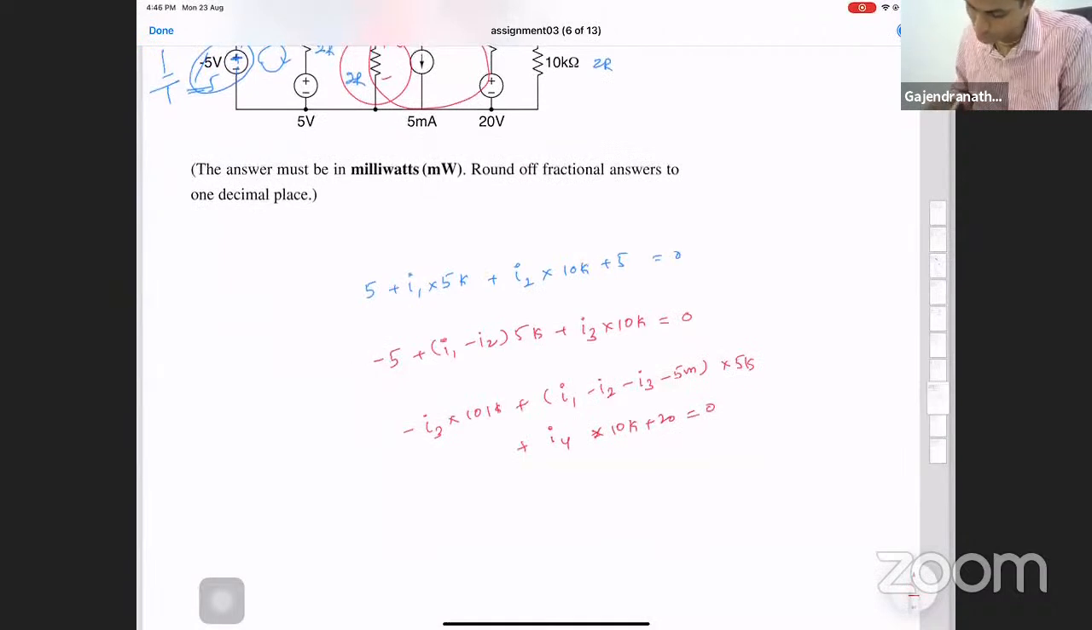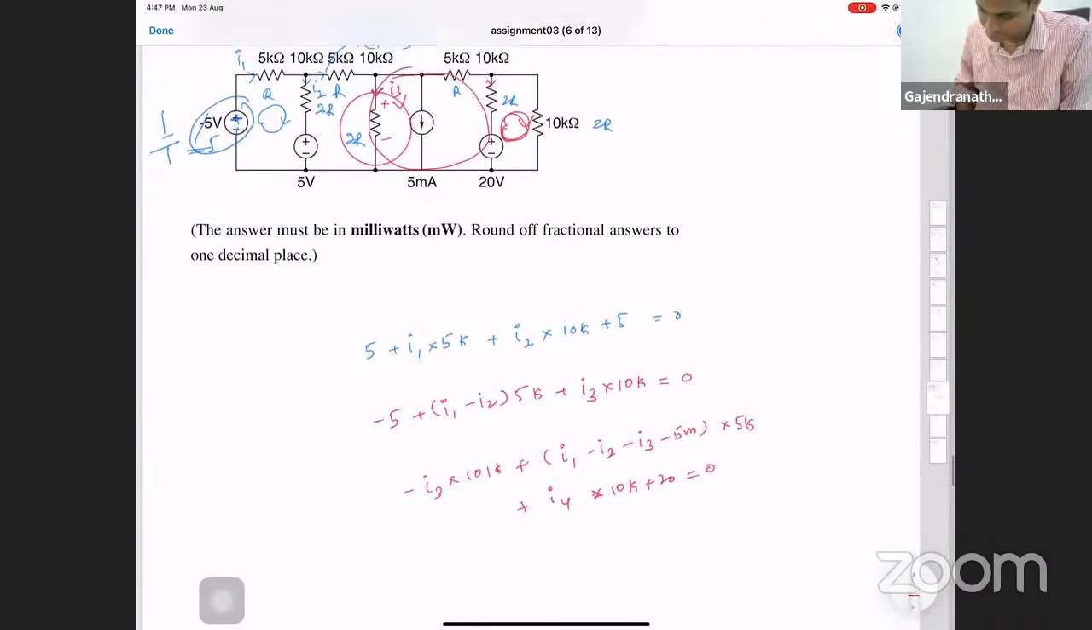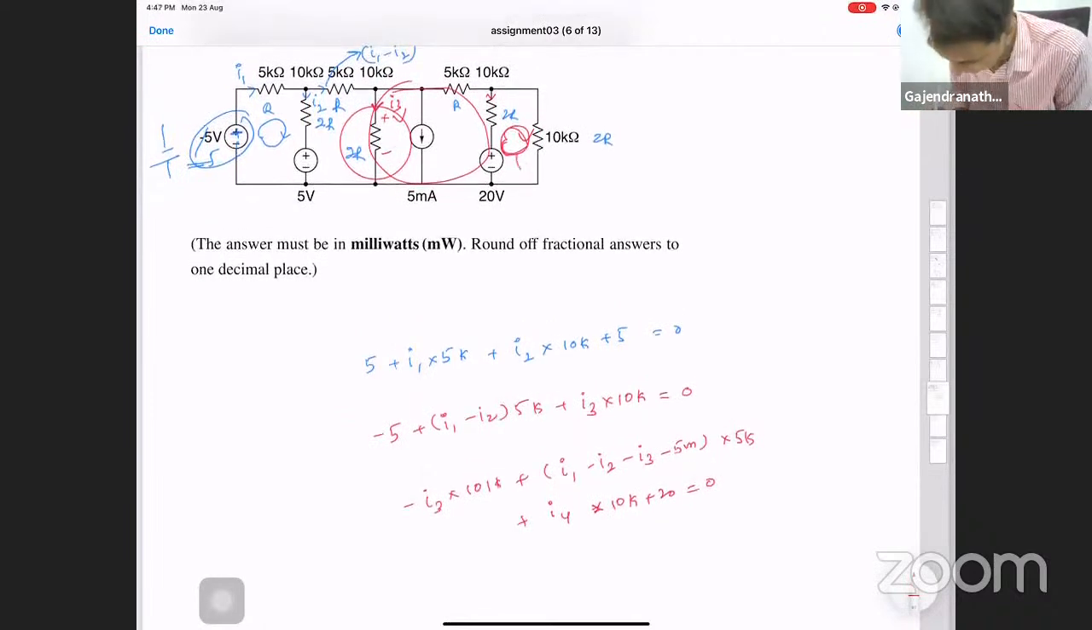Now I have 4 unknowns and 3 equations. So what I can do is write another equation and figure it out. So what is this final equation? Minus 20 minus, so I3 is entering like this, so this is plus, this is minus, I3 times 20K plus, so this is an I3,